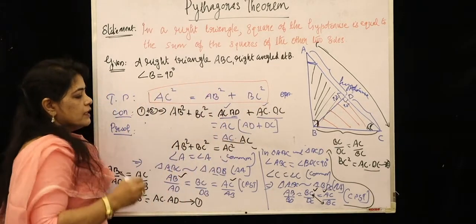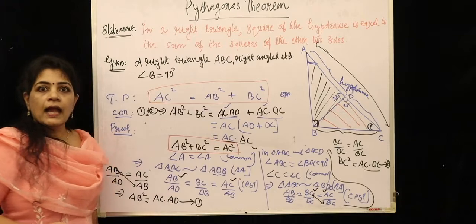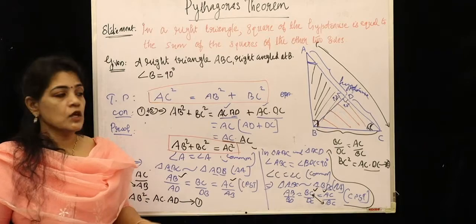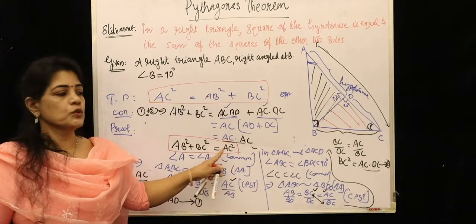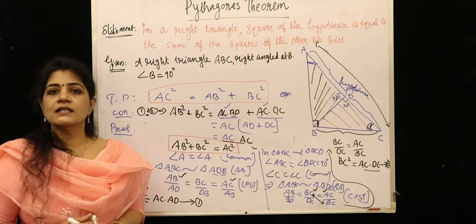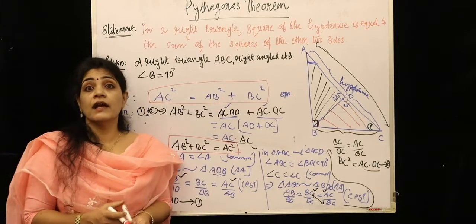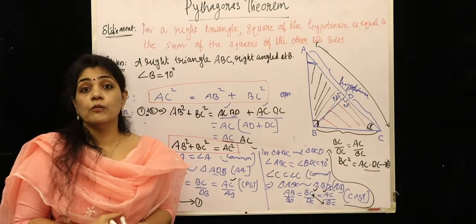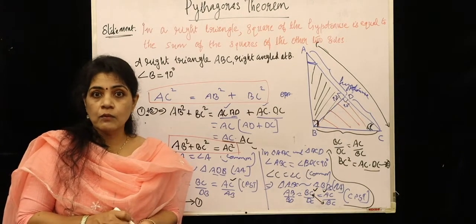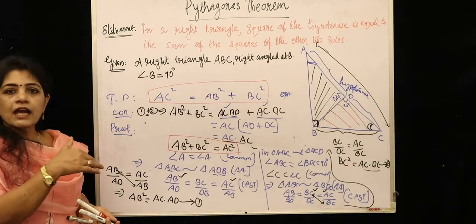In the beginning we started by taking the two right triangles on both sides of the perpendicular and applying the similarity. Now we have the required result, that the square of the hypotenuse is equal to the sum of the squares of the other two sides, AB square plus BC square. So this is the proof of the Pythagoras theorem using similarity criteria. We have proved the Pythagoras theorem using similarity criteria. It's very important, but after listening to this proof carefully, it will be very easy to see how this theorem can be proved.